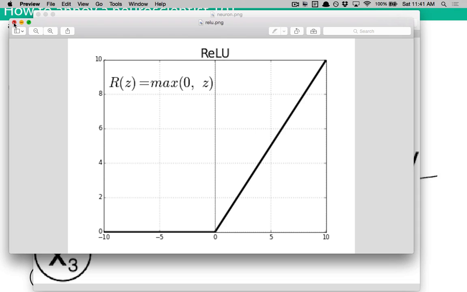The reasons why we do this are mostly beyond the scope of the class. The goal is to make these things nonlinear, because nonlinear functions like this one are capable of modeling arbitrary input-output functional mapping relationships.